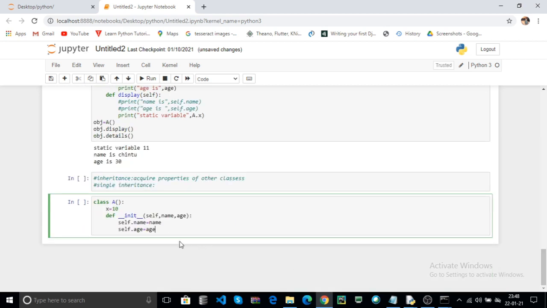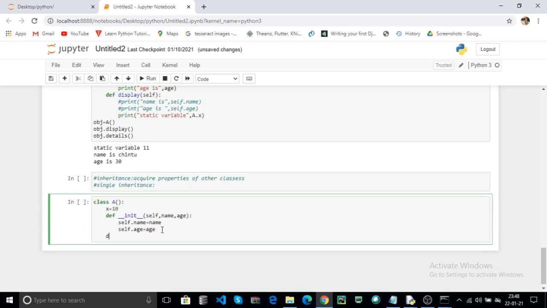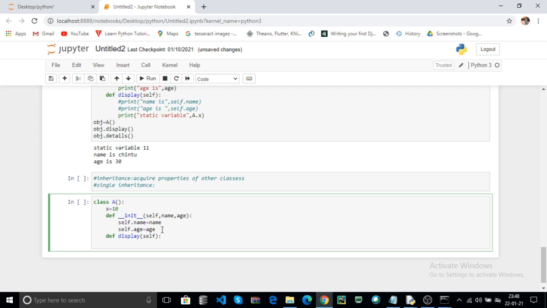Now the constructor is done. Now I create one function, display. Here you can use the default parameter, that is self. Now I print your class variables. Here you can pass the parameters in the constructor. You can pass any parameters in the function definition.